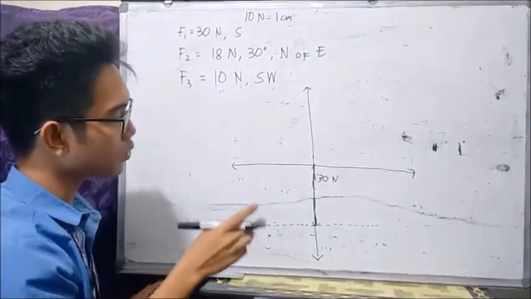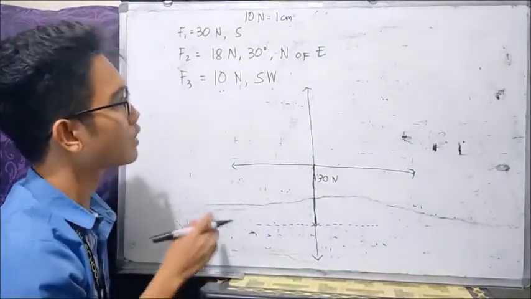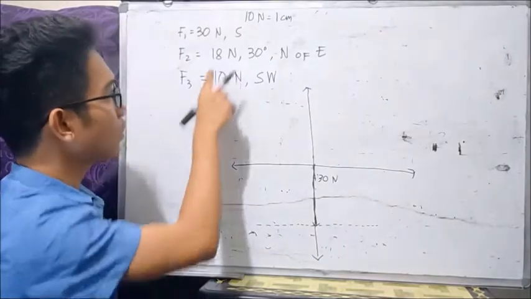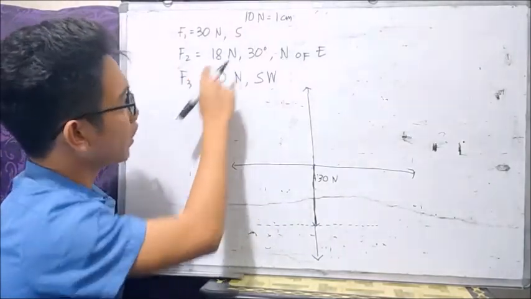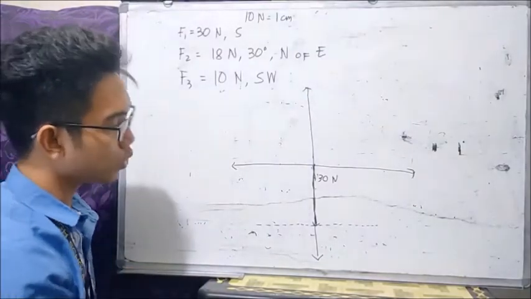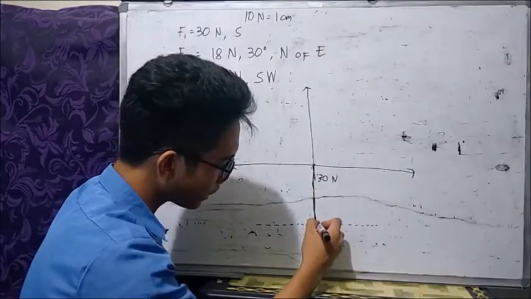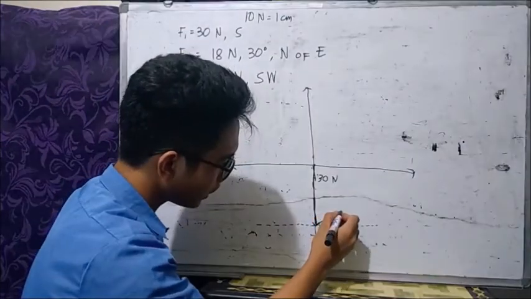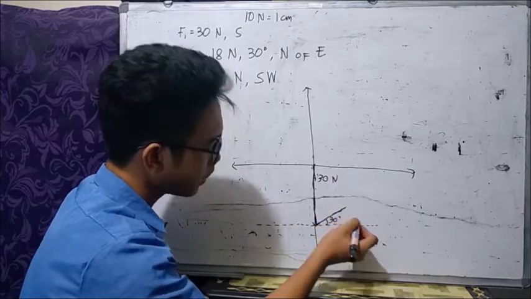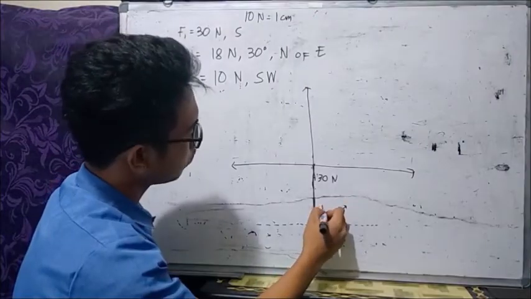So we are going to measure 1.8 centimeters, since our scaling is 10 Newton is 1 centimeter. So from this one, north of east, it is 30 degrees north of east. So it means that we are going to measure an angle here of 30 degrees, and then this should measure 1.8